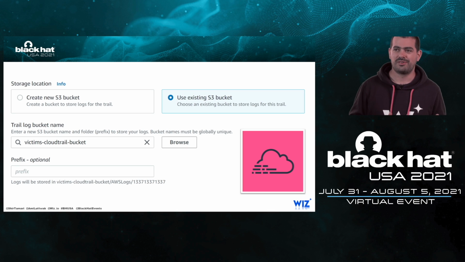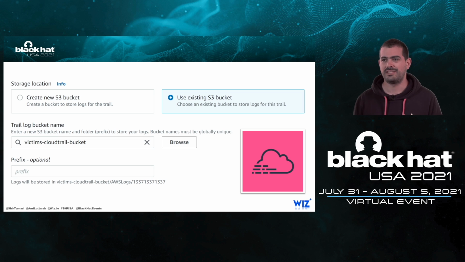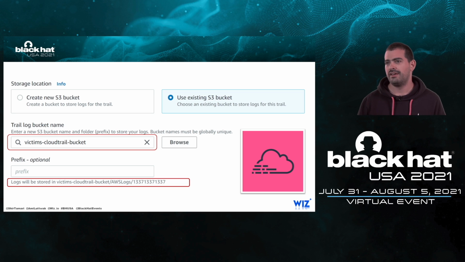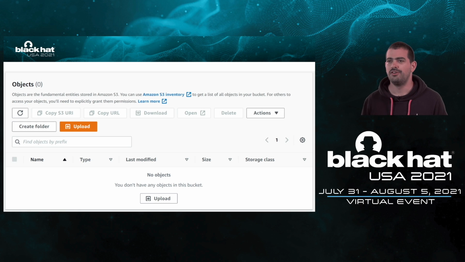So we logged into our AWS console and created a new trail and specified an S3 bucket of another account. We know that the S3 bucket was designed to store CloudTrail records, and the bucket granted CloudTrail write permissions. You can see in the slide that CloudTrail keeps the records in the prefix AWSLogs/the account ID. We have no control over the path, but it does not seem to be an issue. We clicked save and waited to see what happens. It did not work. No file is created in the bucket, and it remains empty.